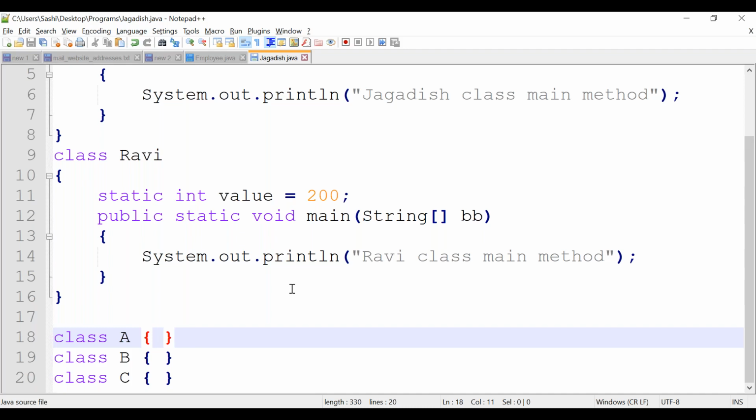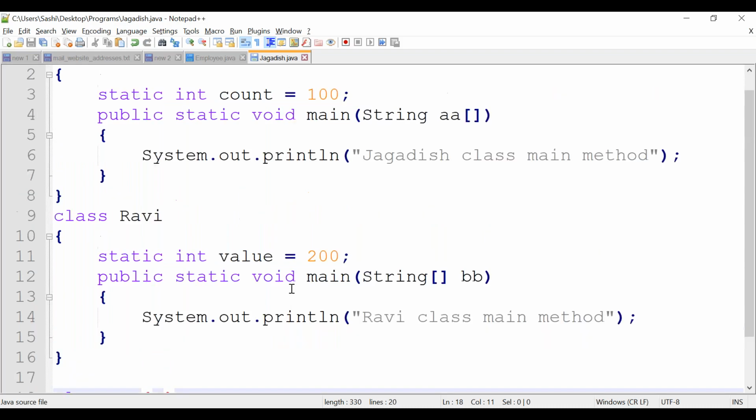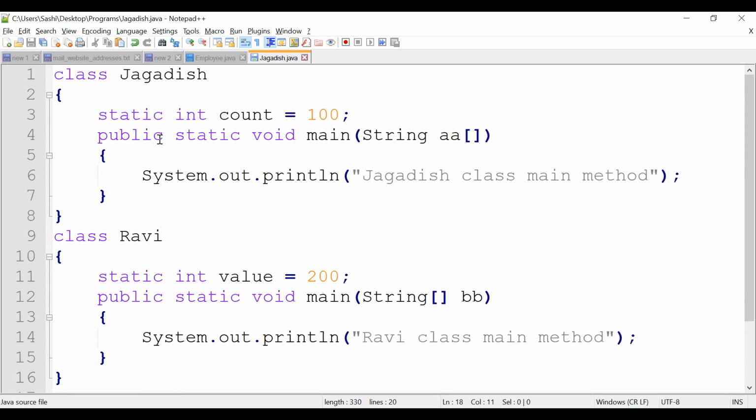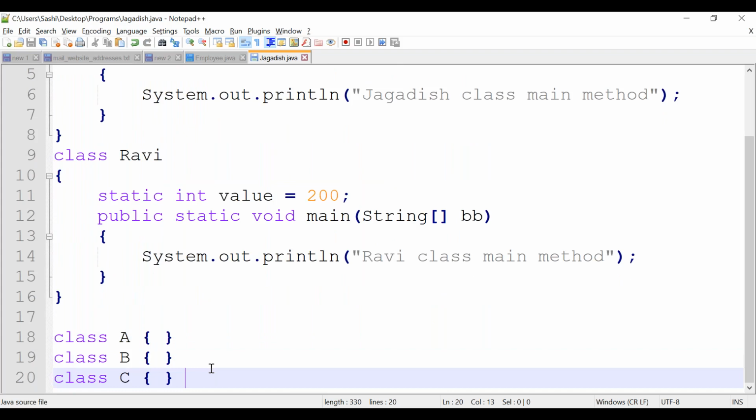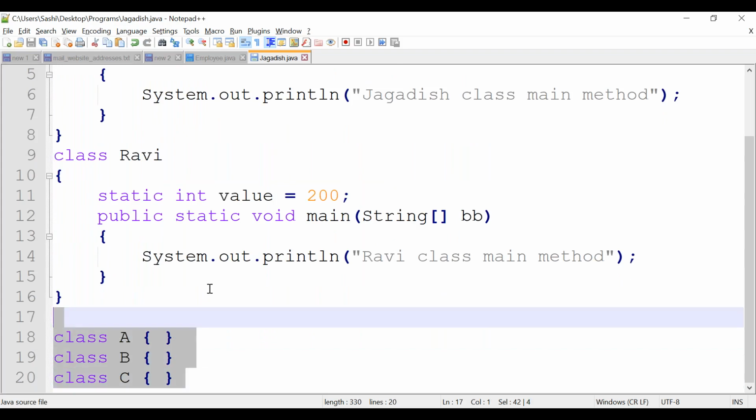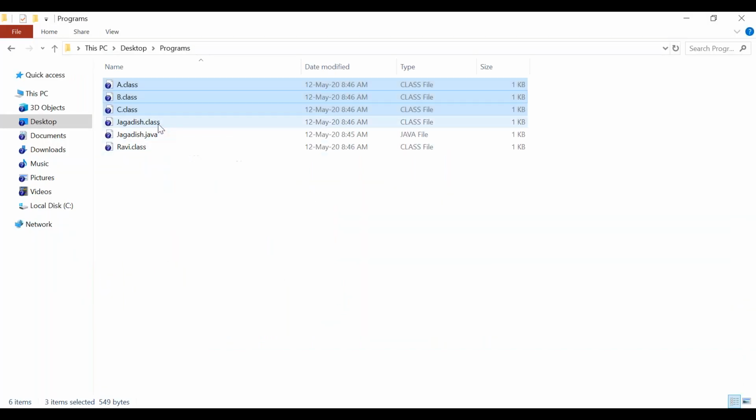So we are trying to understand that inside one .java file, you can declare any number of classes. Here we have created 5 classes. That's why when it compiles, it creates a .class file for all the classes.